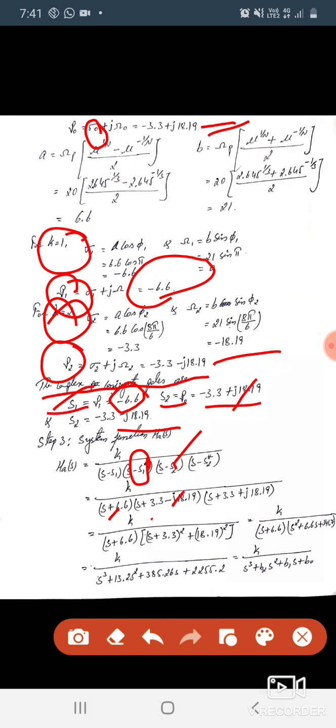For that reason here minus. This is what? S minus S2. S2, here is a star. Okay, I forgot to write here. Then S2 star is going to be S. Minus is there, plus is going to change. Here minus is there, here plus is going to change. After this, we have to multiply each and everything.